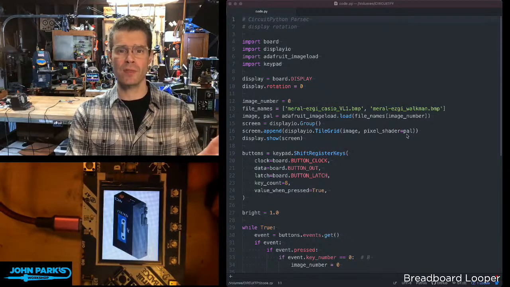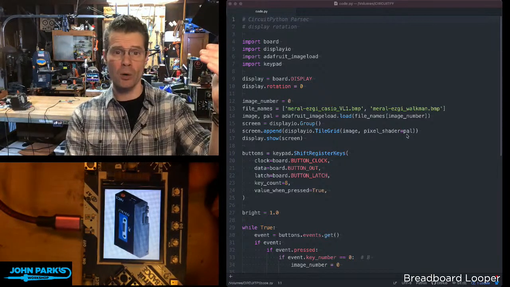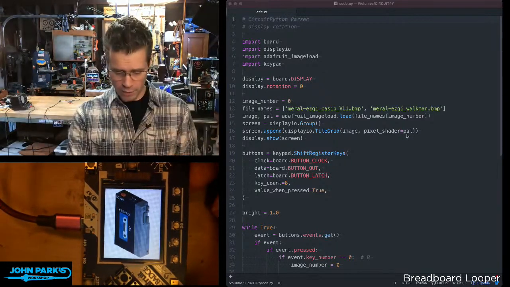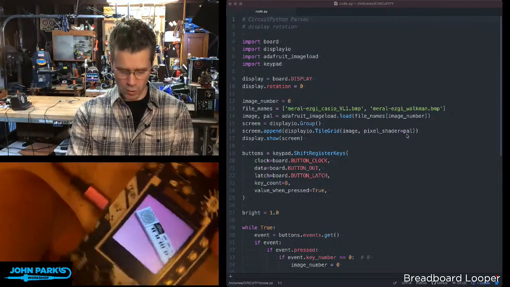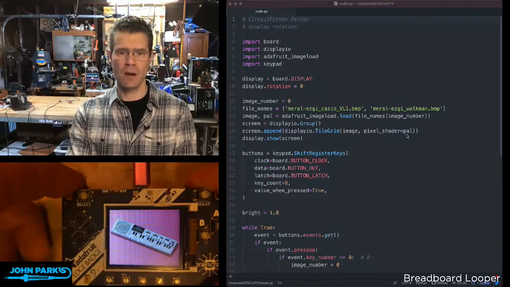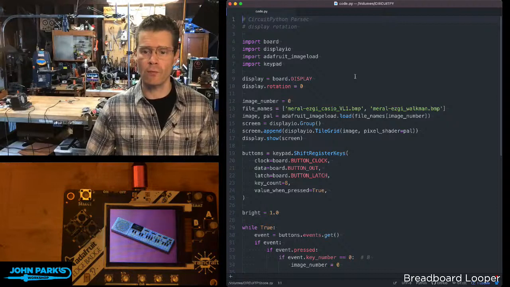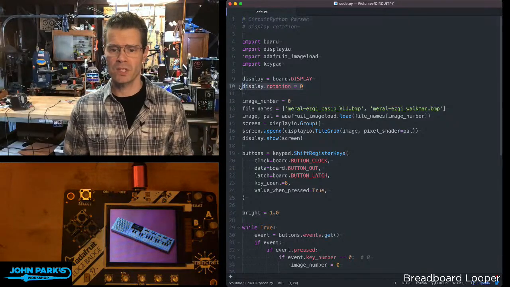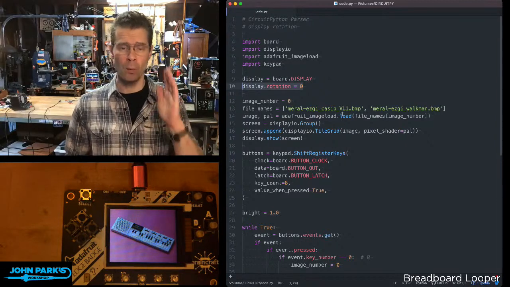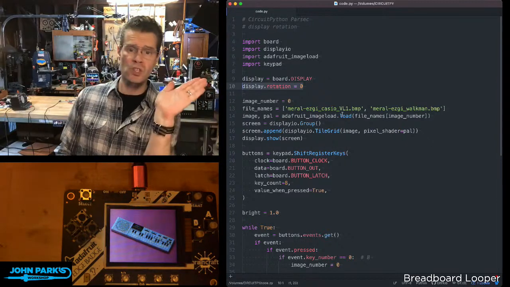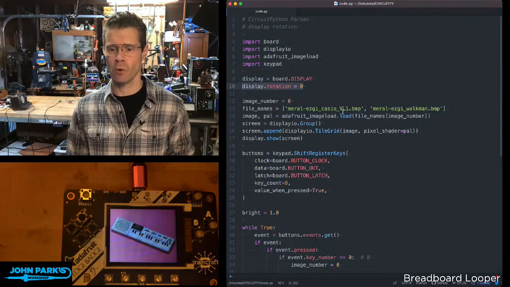So this changes everything to do with your display, all of the values of where 0, 0 is, for example, X and Y. All of those things get updated as you change this rotation setting. So if I go back to this horizontal image, I can switch that rotation there. And you'll see the way this works inside of CircuitPython. It's really straightforward. When you've set up your display, you can see this value, display.rotation is set to 0, and that's this sort of default. But we can put it 0, 90, 180, or 270 to get those 4 different orientations. We can't do partial angles, just these 4 orientations.